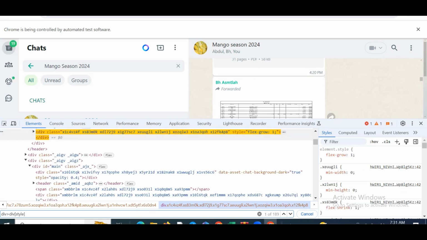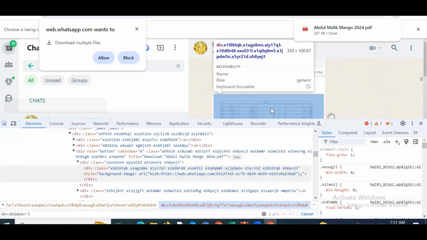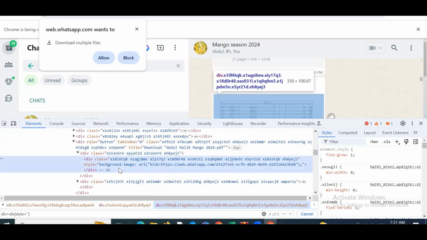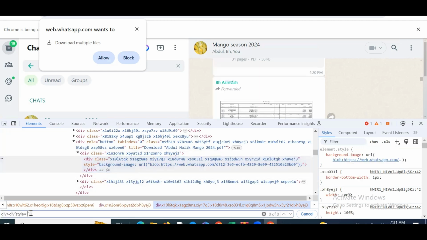Okay, style, then equal to, and in the style we will write something within the quotes. So we select again to highlight it. All right, so this is background dash image colon like this, equal to background